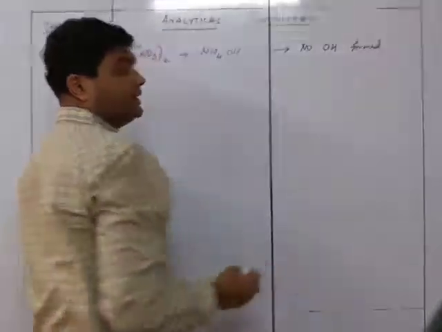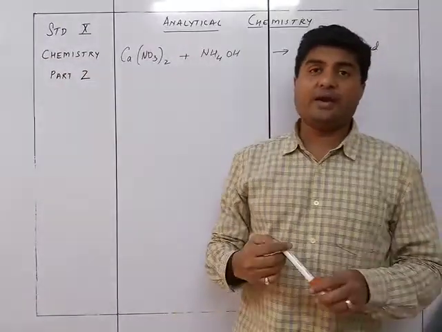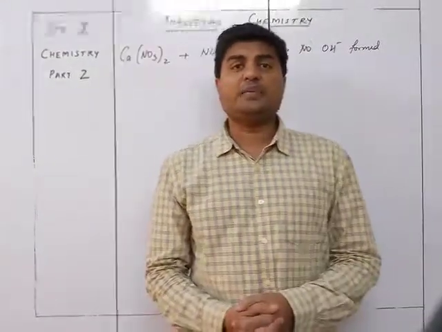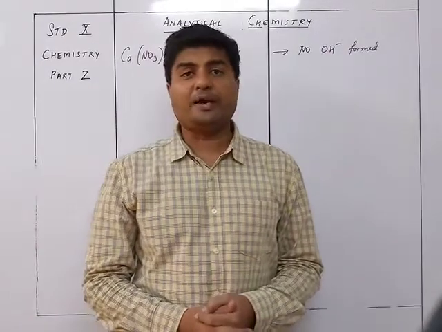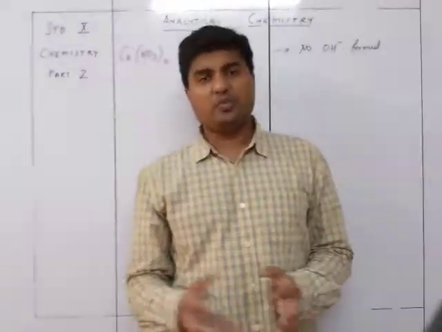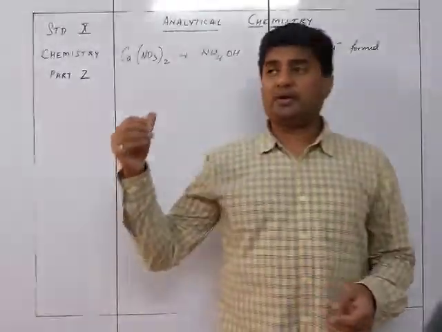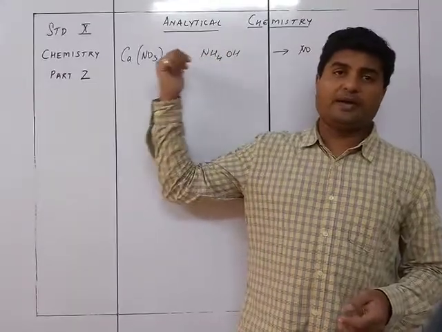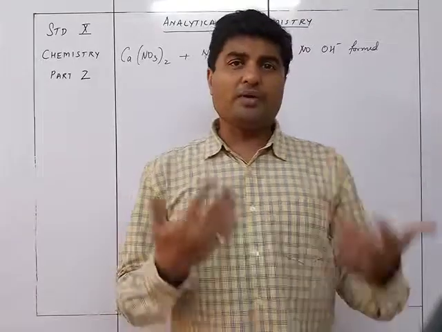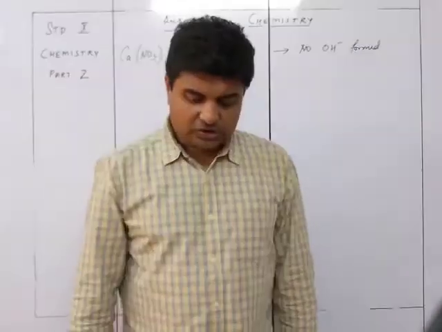So this can be an identification method also, when I want to identify between calcium and, let's say, zinc. I know that calcium and zinc both are going to give me a white color precipitate. So how do I identify which is calcium and which is zinc? If I am using ammonium hydroxide, it will give no precipitate in case of calcium, but with zinc it will give me a white color precipitate. So this is how we can identify between calcium and any other white colored precipitate. So that was about calcium.